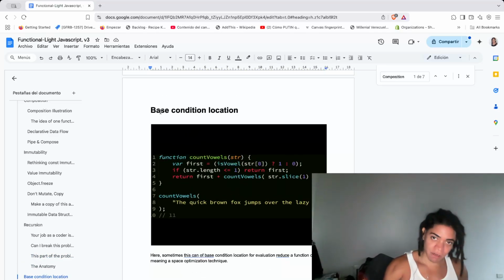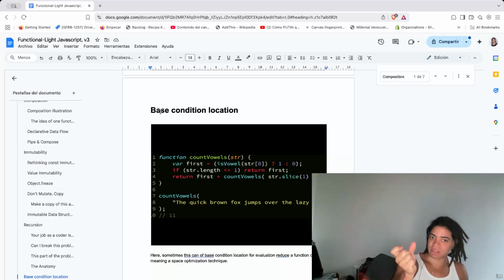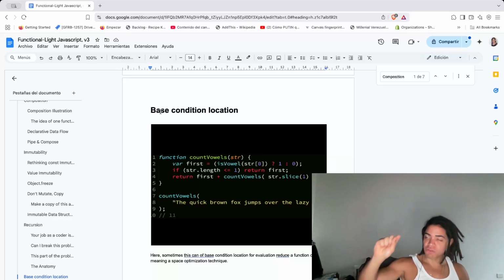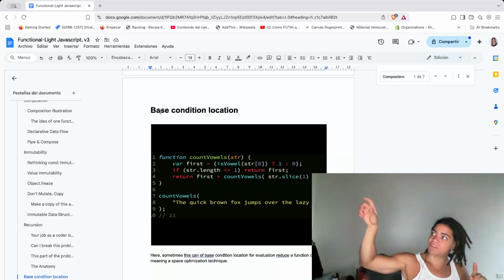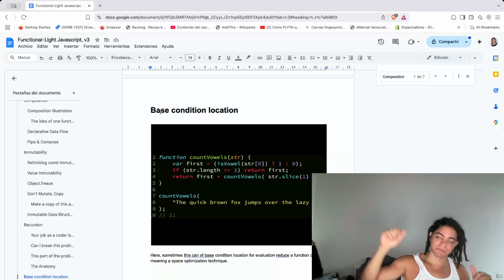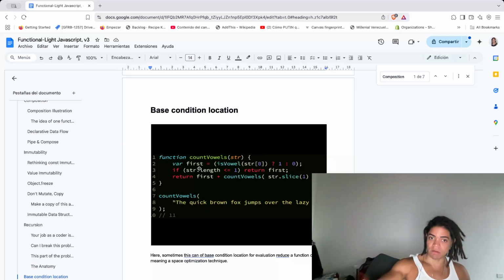and especially the anatomy of the recursion, when you describe the recursive way or the base condition, or the stop condition, that you want for this function call. Because at the end of the day, the nature of recursion is that it's a function that calls itself, and in itself, and in itself, with the aim to solve a small chunk of the problem at each one of those calls. So by the time you reach the base condition, you have already solved that particular problem. We will also look at optimization techniques for when you need to locate the base condition, and even though that